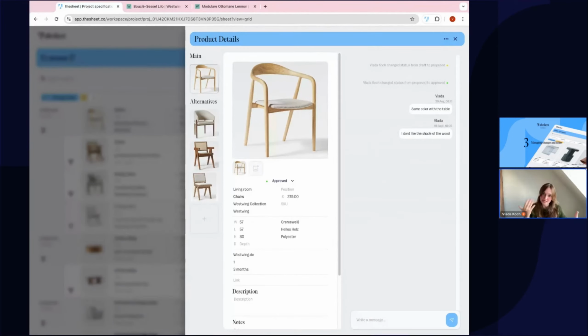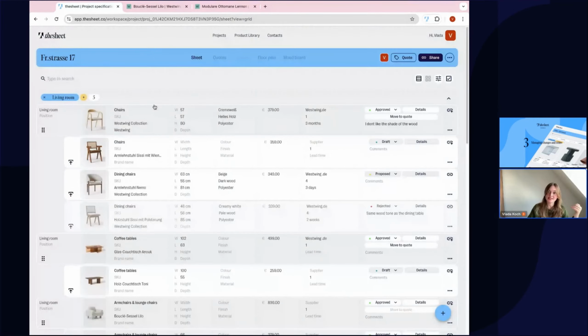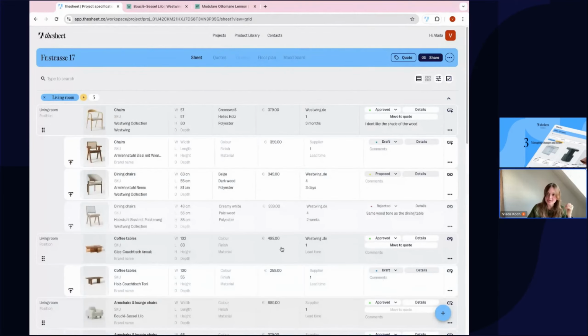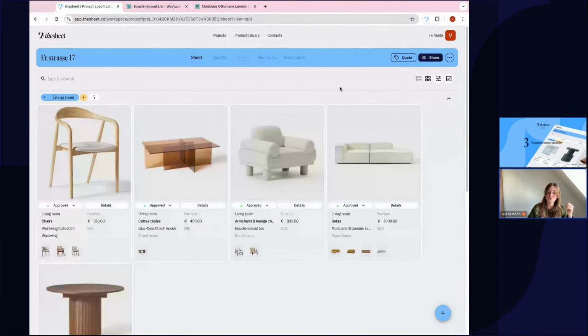Okay, I have to look for another shade of wood. That's why everything is in one place, all the information gathered in one place. And there are two different views that you and your client can have of the whole project. Either you see everything and the alternatives relatively in the same size, or if you don't really want to have a lot of information, you want just to see the selection of the furniture or materials, you would have this view, and here you would see only the main products,